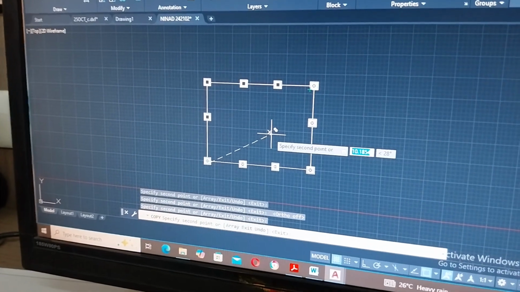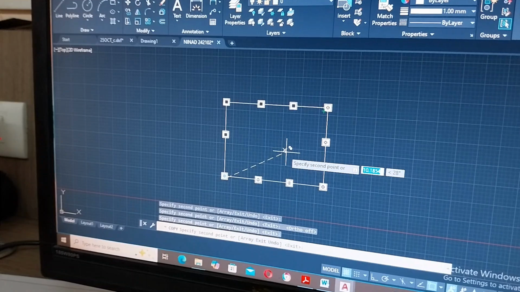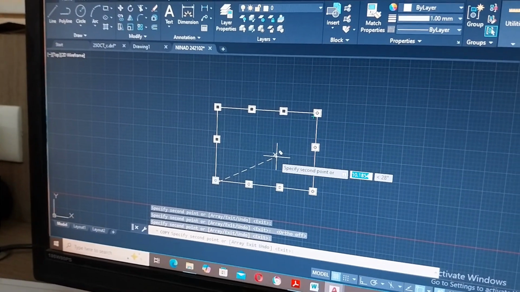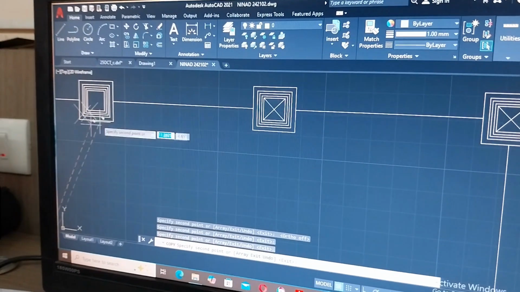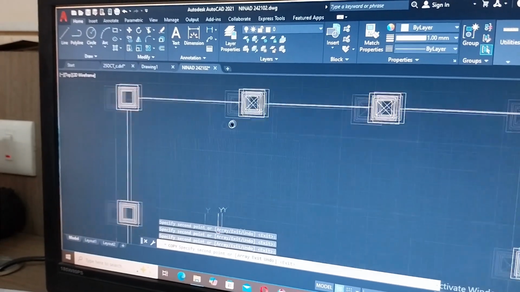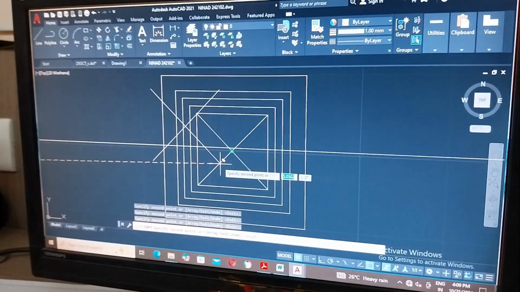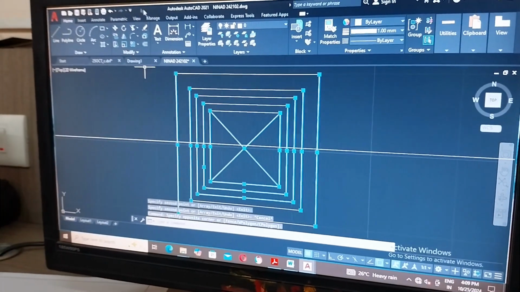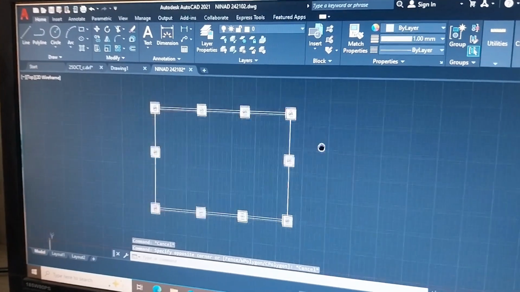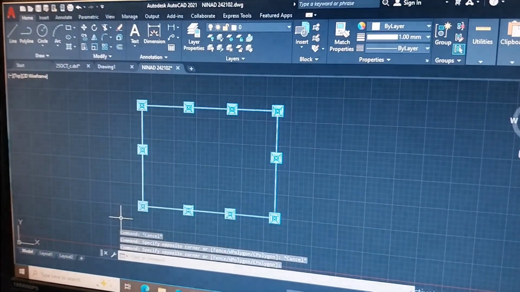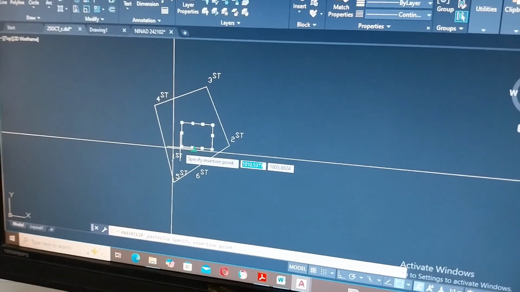This is our plan of the godown, and we are going to mark the center of the column like this. Copy this plan and paste here.